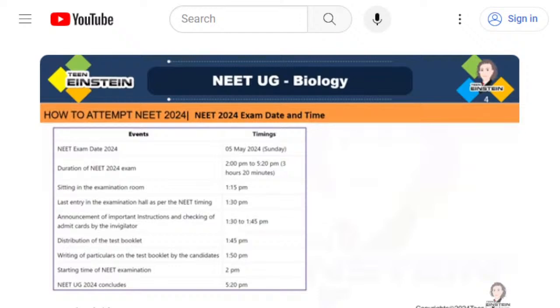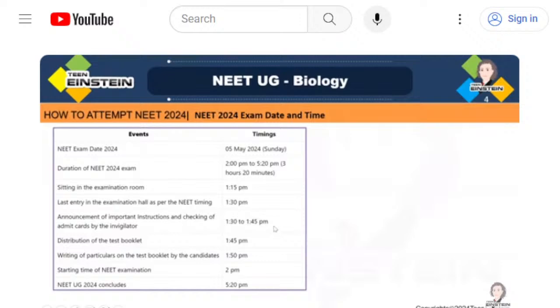effect, right? So the last entry in the examination hall as per NEET timing, that is 1:30 p.m. So 1:30 p.m. you will get the last entry. After that, they will not allow you to enter inside the examination hall, because after sitting inside the examination hall, there are so many procedures. So announcement of important instructions and checking of the admit cards by invigilator, that is done from 1:30 to 1:45